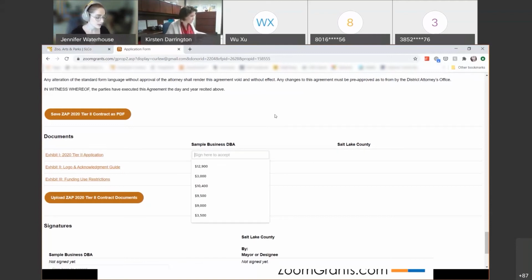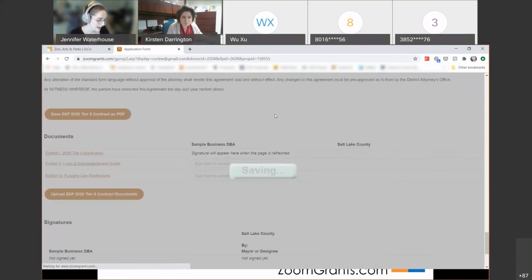And then to sign for these, in previous years, we have asked you to type a lot of information in of your name and your title and your organization. We'd love for you to just type your full name in, and that will be your signature. So I'm going to go ahead and I will sign for these. You can see I typed it in, I clicked outside of the box, and then you're going to get a